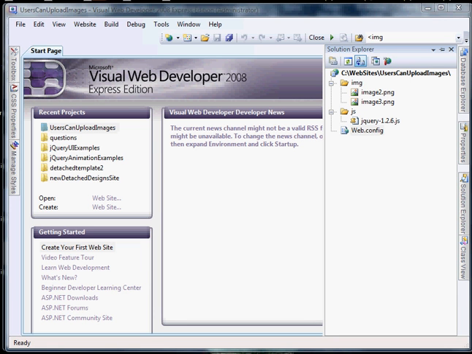What we're going to work on today is the beginnings of a social networking type site. Now let's say you have a website where you want your users to be able to upload photos that they took at an event so that everyone that visits the website can look at them. And with that you get something similar to MySpace or Facebook, where the community is refreshing the site, so there's always new information. We'll go a little bit further in later tutorials, but for this tutorial we'll just focus on giving a user the ability to upload an image and save it, and then browse through all the images that